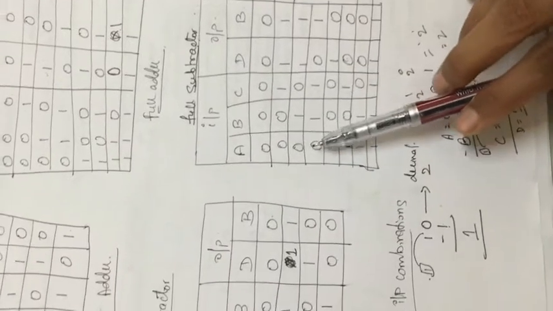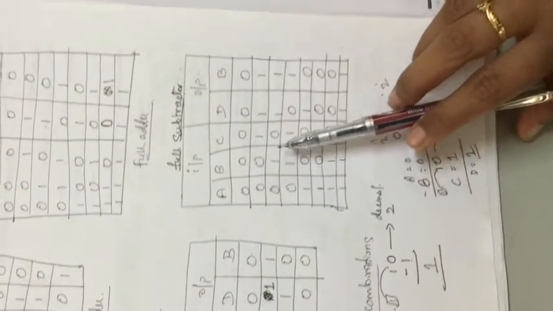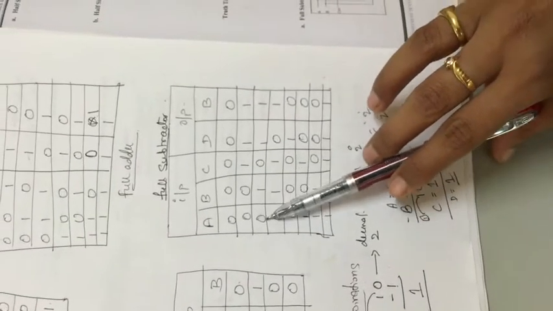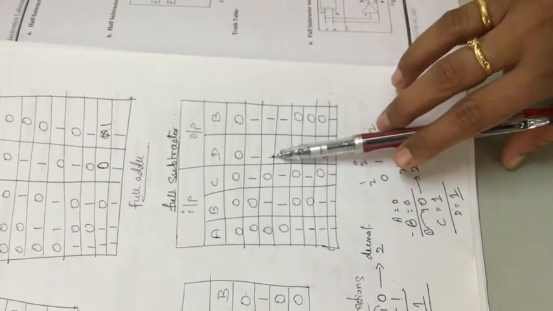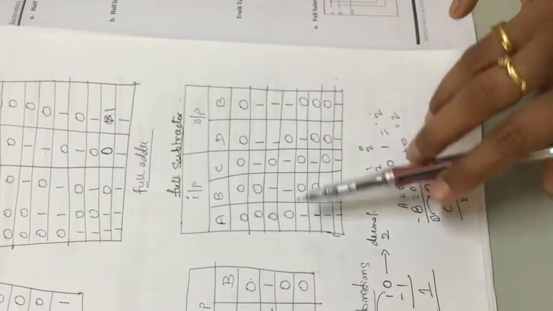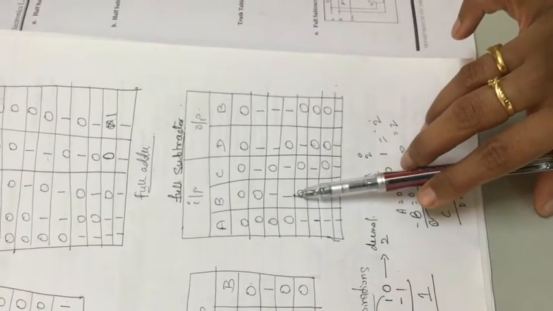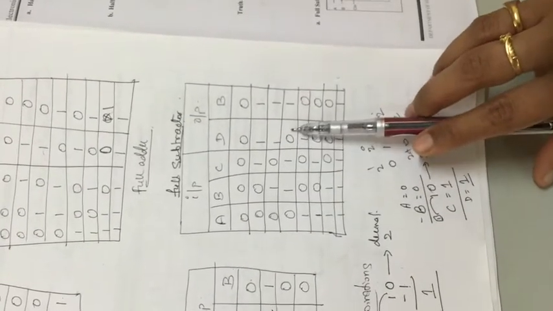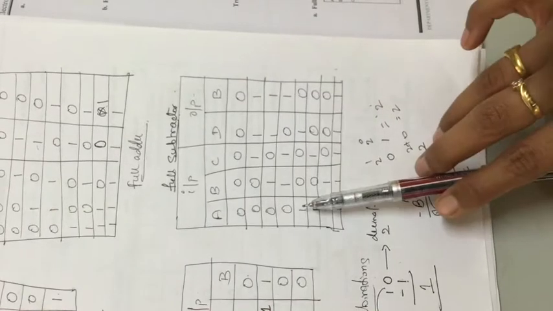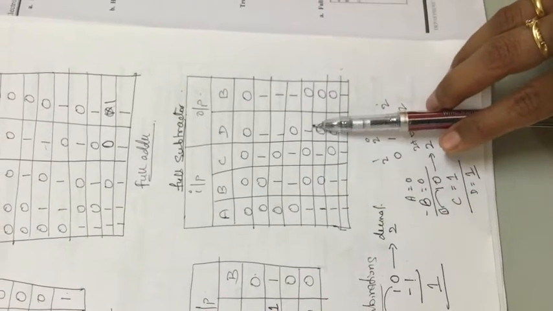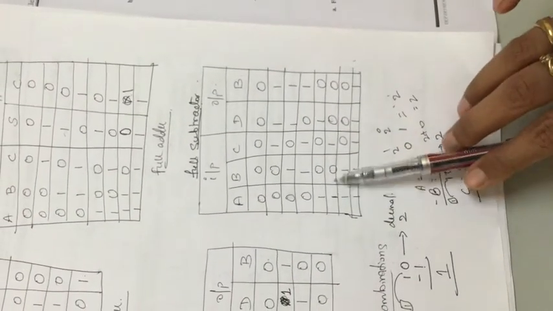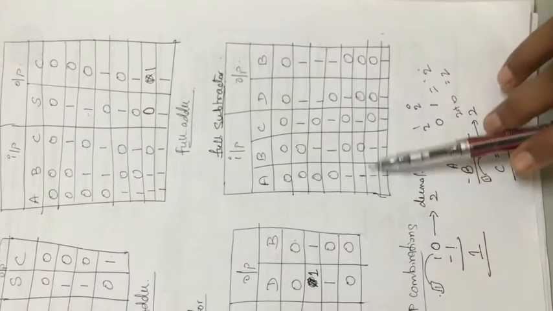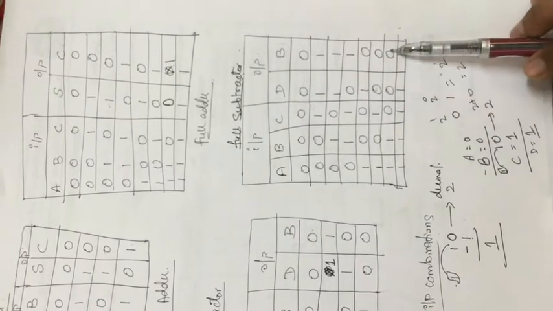Similarly, I have 0, 1, 0. When I subtract 1 from 0, obviously I need a borrow and a difference will also be produced. So 1 and 1. When I have to subtract 0 minus 1, I have to take a borrow, but 1 minus 1 will be 0, so difference will be equal to 0. 1 minus 0, obviously difference is 1 and borrow is 0. 1 minus 0 is 1, minus 1, difference becomes 0, borrow becomes 0. 1 minus 1 is 0, difference is 0 and borrow is also equal to 0.